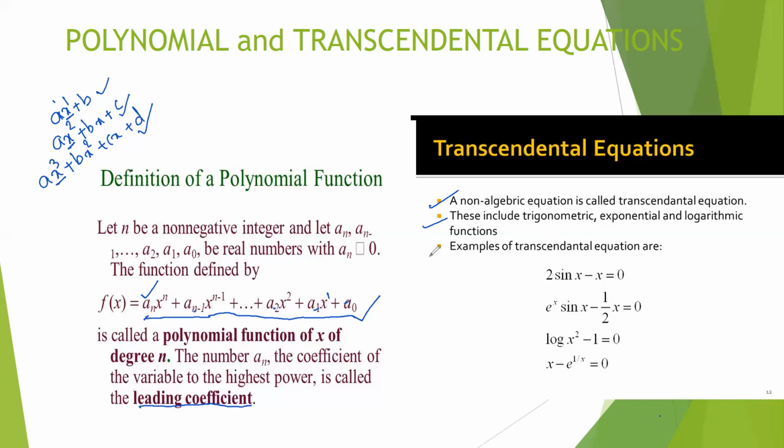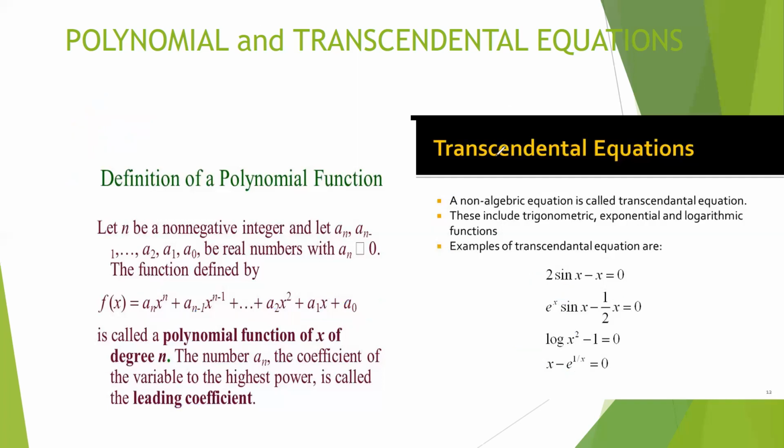and logarithmic functions. And for a few examples: 2 sin x minus x. This is a trigonometric term, this is an algebraic term. The second example, e power x sin x. This is exponential, this is trigonometric, and this is algebraic. Third example, log of x square minus 1, a logarithmic term. Fourth example, x minus e power 1 by x. This is an algebraic term, this is an exponential term. Okay, so like this, an equation involving different kinds of terms is called a